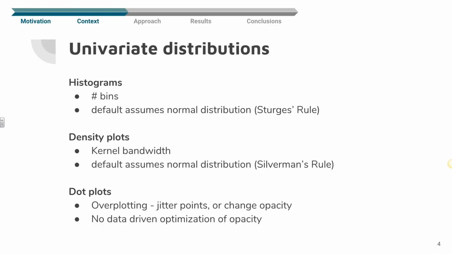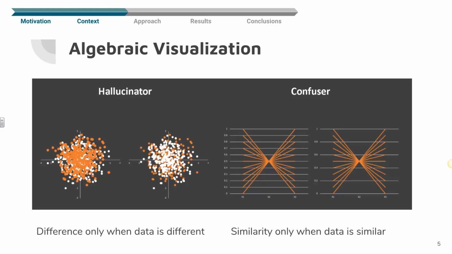The issue with these is overplotting, or obscuring data because of data being plotted on top of each other. Strategies for this are to jitter points, or just offset the points in the y direction, or change the opacity of the points. And the opacity is the parameter that they're looking at. The problem with these is that there's no data-driven optimization of opacity settings now. They also use this framework of algebraic visualizations